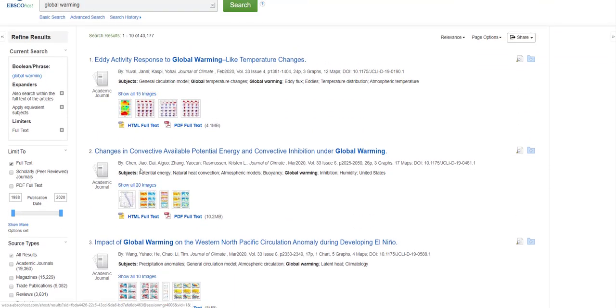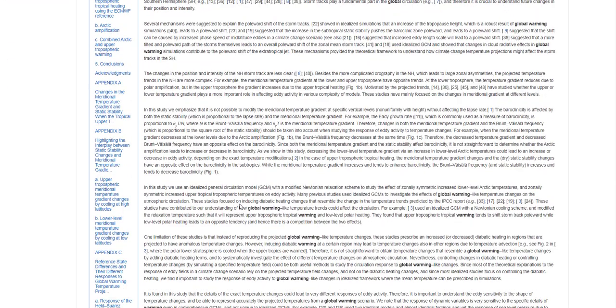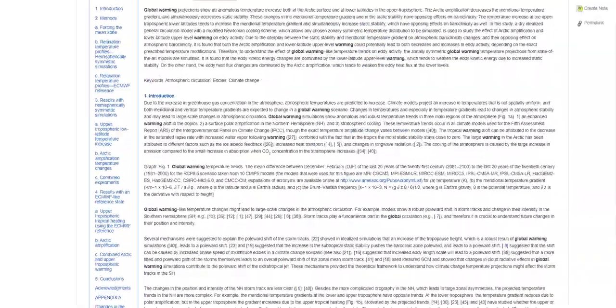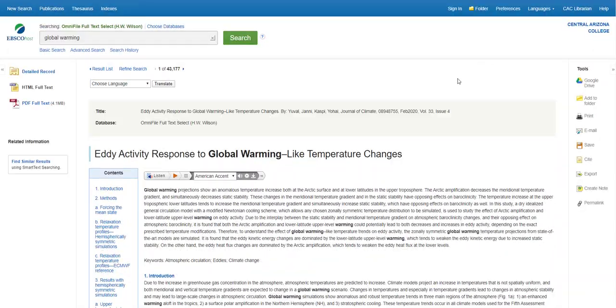So we'll go ahead and take a look at when you click on one of the articles, and sort of the tools that are available to you once you find an article that you want to use. So you can see I basically just did to show the HTML version. And that is basically just the text of the article reproduced. And I can show you here the difference between that